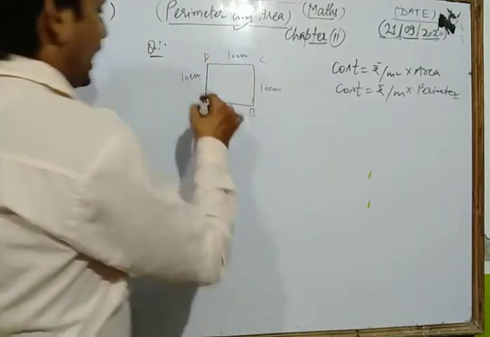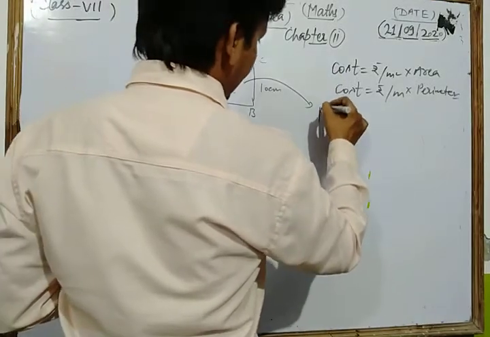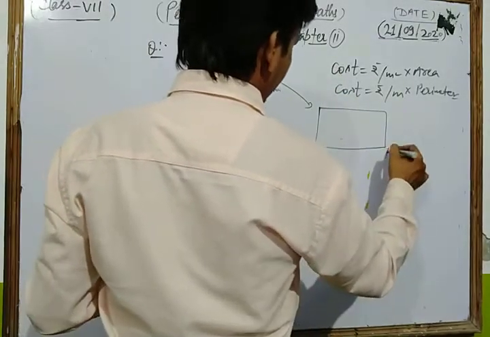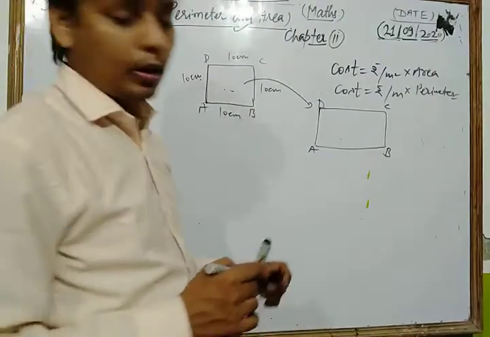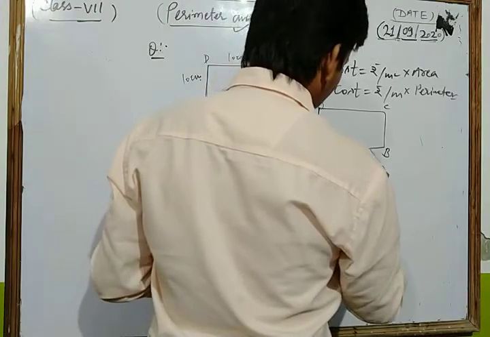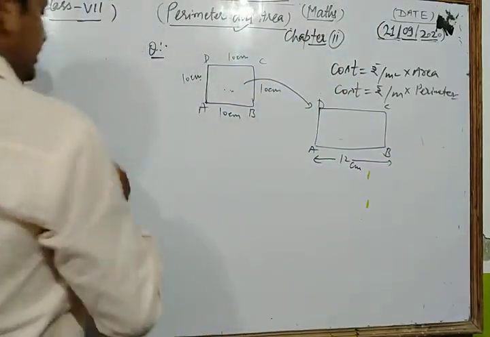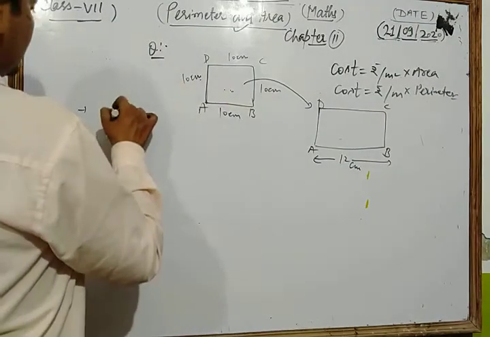So first of all, that square is converted into which rectangle? Suppose that it is converted into the rectangle ABCD of length 12 centimeter. Okay, this is the 12 centimeter, the length of the rectangle. Dear students, let's see. First, according to the question,